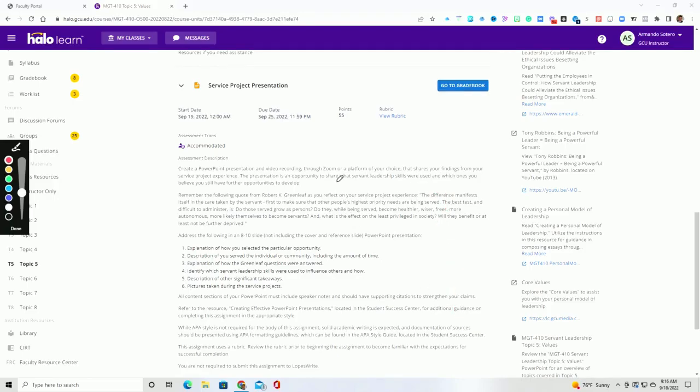Okay, so again, if you want to use Zoom or even a platform like Loom to record yourself going over your slides and explaining your service project experience, then that's fine as well. You just need to send me a link. Obviously, you'll need to put that recording on a website link using either OneDrive or Google Drive, and then send me that link so I can access your video. And again, that's why, for some students who don't have that technology know-how or capability, I don't want to hinder you. You would just upload and submit the PowerPoint presentation as normal through the assignment area. So again, you have multiple ways that you can do this.